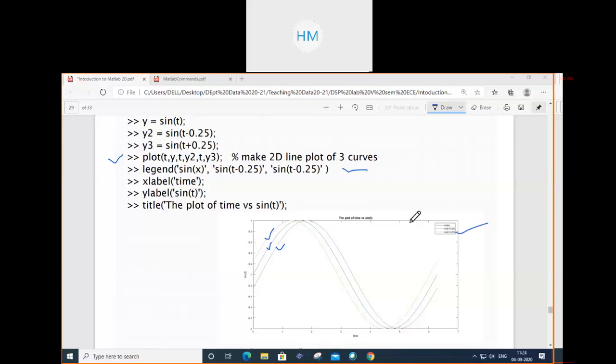Second is your generation of continuous and discrete elementary signals like impulse, unit step, ramp. So generation of impulse, unit step, and ramp functions, both continuous and discrete. If you have a little bit of command, you can write your own program. Next class we will start the programming.